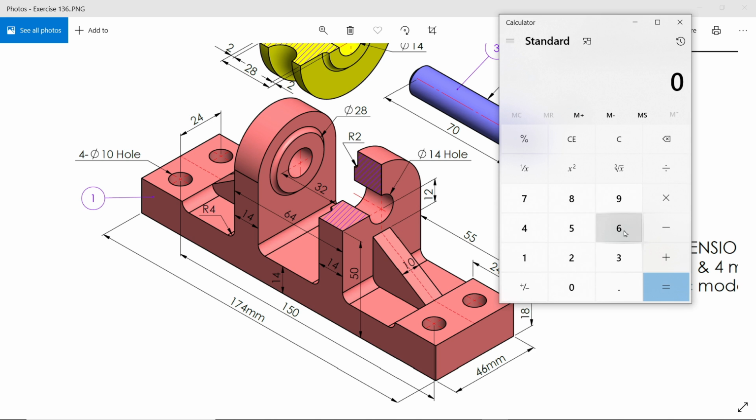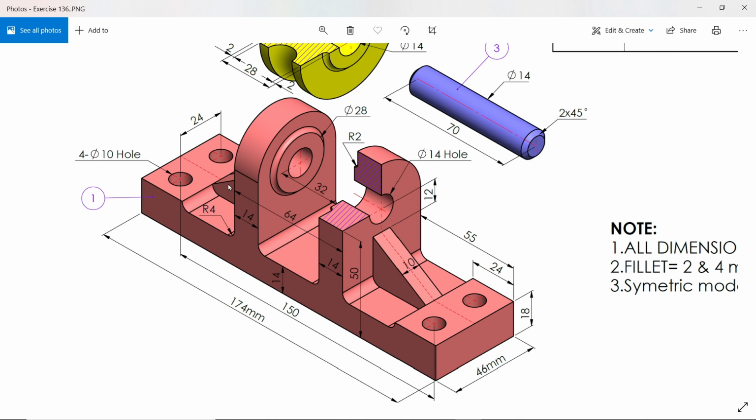Center distance 64 minus 32 minus 14, 40, 28. It's remaining 4. So 4 divided by 2, it's 2 millimeter is the depth for this one.